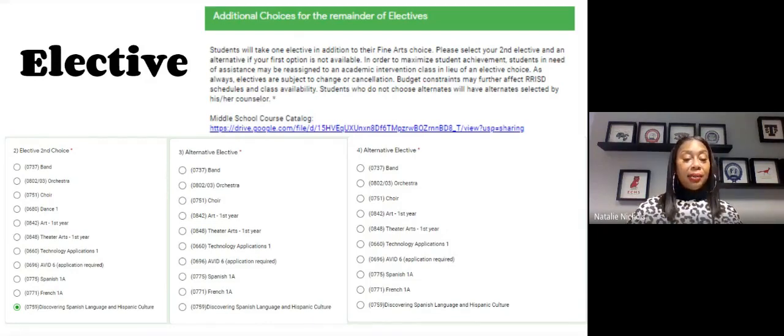The AVID class specifically is a class that allows you to be college ready. If you know that you want your student to go to college, or even if you want them to be just more organized in everything they do, they work on study skills, note taking, the organization of your notebook, and writing skills.